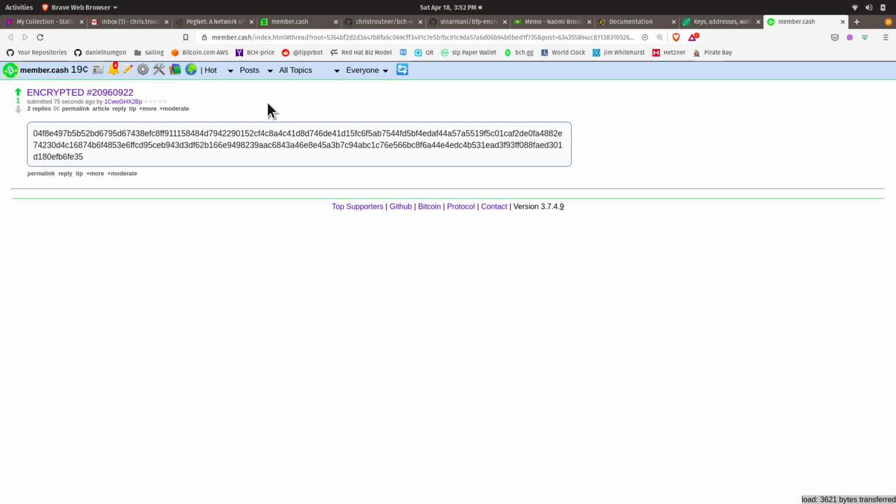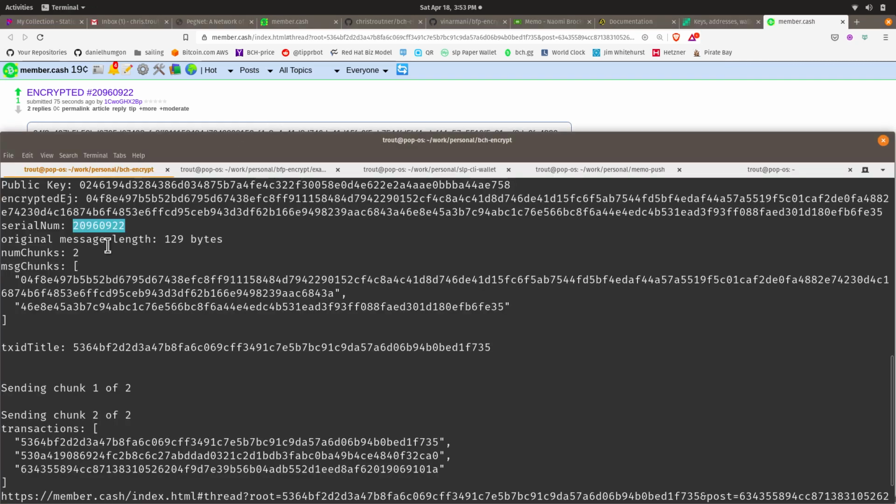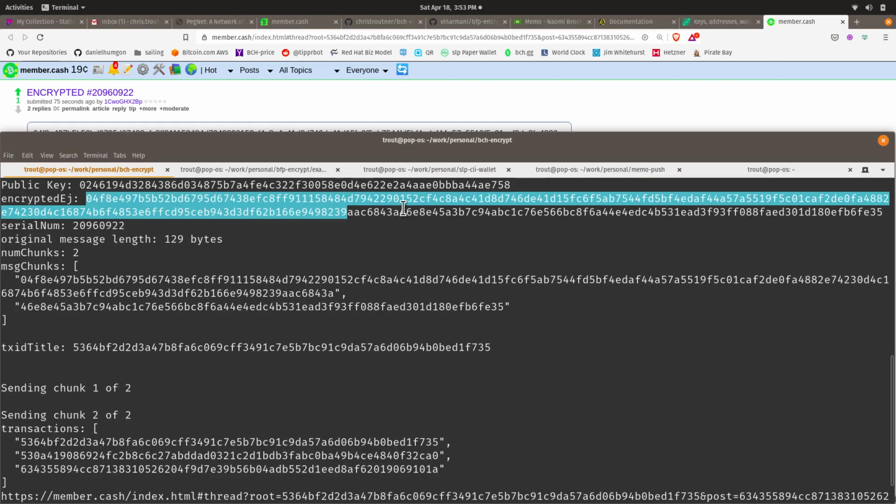If I find that, my program can know this is probably the start of an encrypted message, and I can follow the transactions to put it back together. This encrypted message here is a hexadecimal representation of the binary data, and it's too big to fit in a single OP_RETURN.